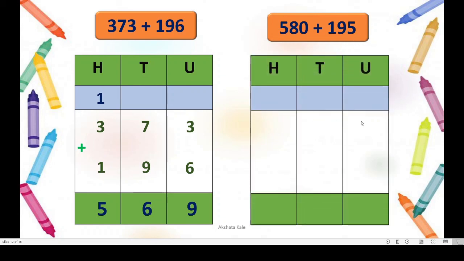Now this we will do. We will write 580 plus 195. Correct? Okay. Now we will add 0 plus 5 is 5. 8 plus 9, that is 8 nines are 16 plus 1. Correct? 17. 7 we will write here and 1 up in the hundreds column. Now 1 plus 5 plus 1, that is 7, isn't it? And the answer is 775. Correct?